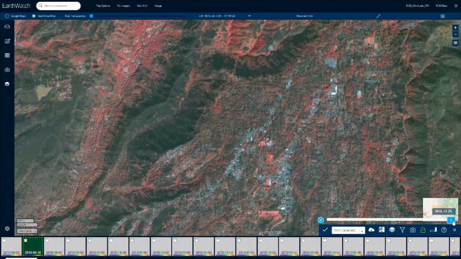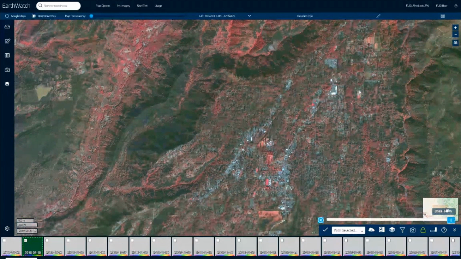So here the vegetation looks really healthy still. And after the disaster happened, the wildfires, everything's burned down. This is a pretty impressive feature, I think.